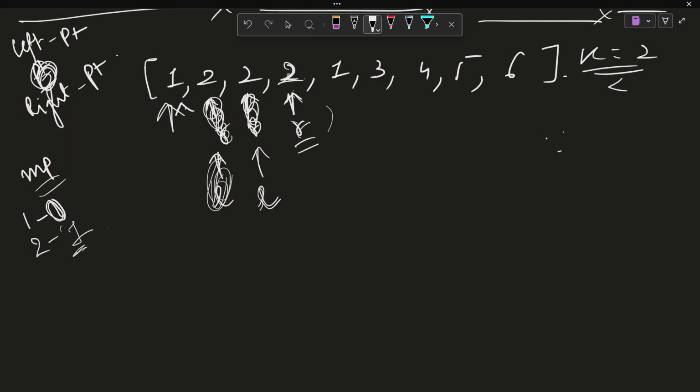So again I will check the frequency of the element that the right pointer is pointing at. So it is 2. The frequency of 2 is now 1 and k is equal to 2. So now I can accommodate one more 2, that is 2 over here. So yes, my right pointer is now unblocked. I can take this element, I can increment the frequency of 2 to 2 now, and I can move my